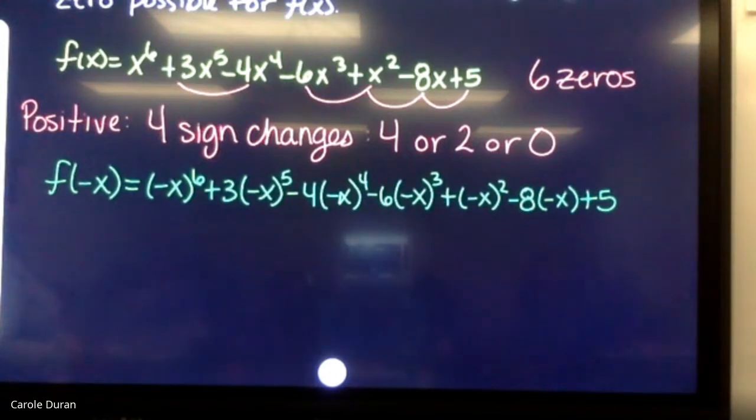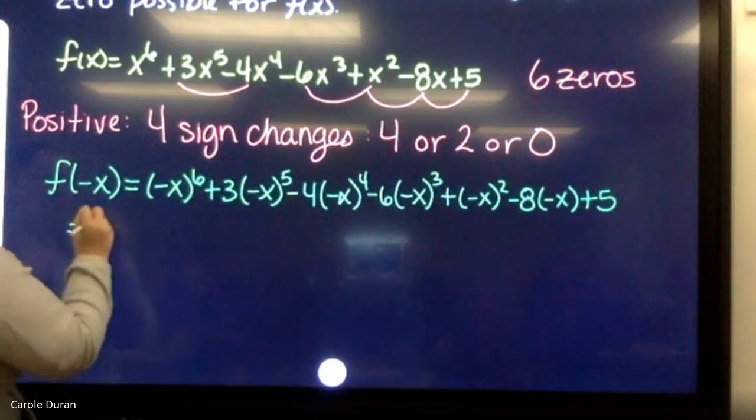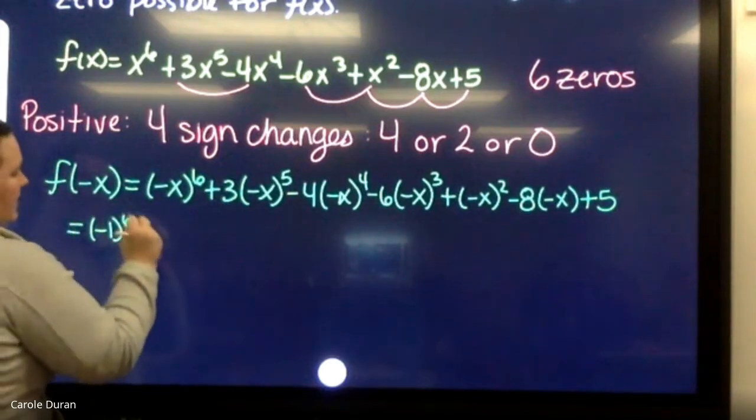My next step is going to be to simplify this. But that gets really, really complicated when I have a negative x and I'm trying to figure out what negative x to the 4th or 6th or 8th or 9th power is. So I always like to tell kids that we can break negative x up into negative 1 times x. So then negative x to the 6th becomes negative 1 to the 6th times x to the 6th